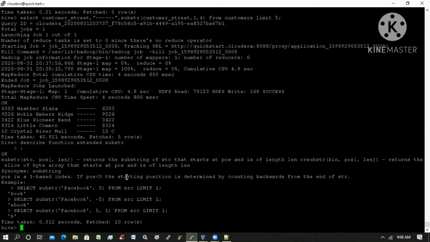You can keep it. If you are not giving the last value, what does it do? Substring takes a position and a length. From the first position, I'm taking 4 characters. Suppose you want to fetch from the 3rd position, 4 characters, that means 3, 4, so it will fetch the 3rd, 4th, 5th and 6th characters.